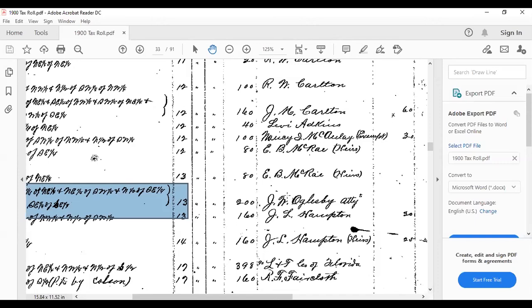My childhood property, the home where I grew up, is on property that used to be owned by this very important guy to Taylor County history. There's no telling what kinds of secrets you can unlock about the piece of property that you own or a piece of property that you're interested in just by using these tax rolls.